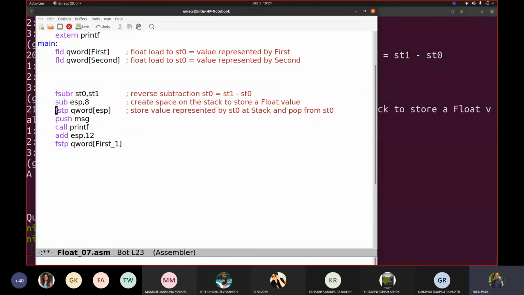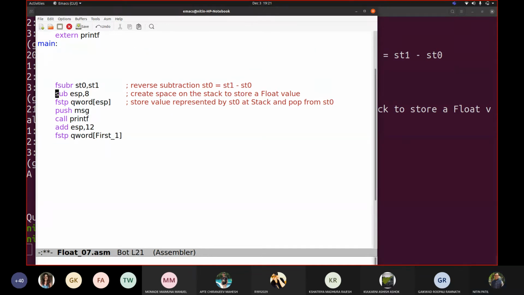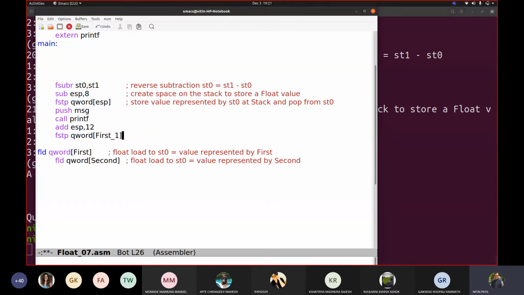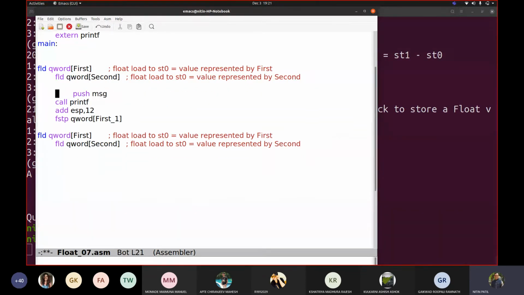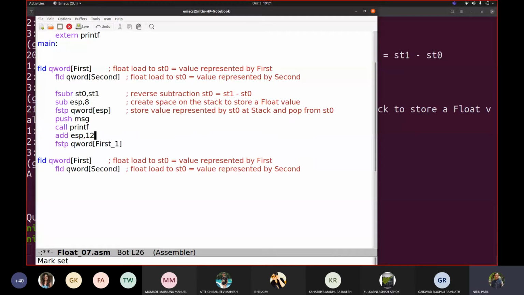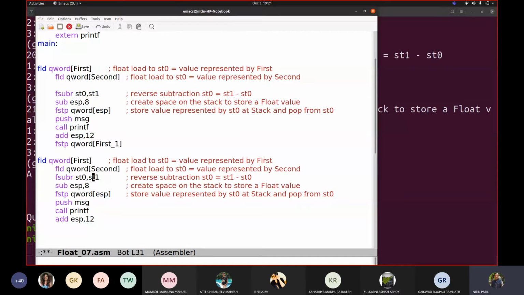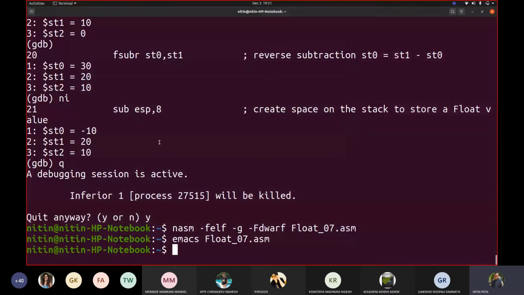Fine. Now let me go here. Copy this code. Let me write this. I will try writing this and we will see whether it shows us an error. I am using fmul. Fine. Okay.